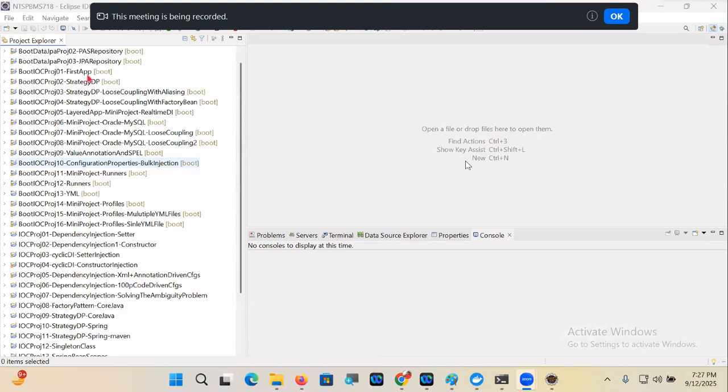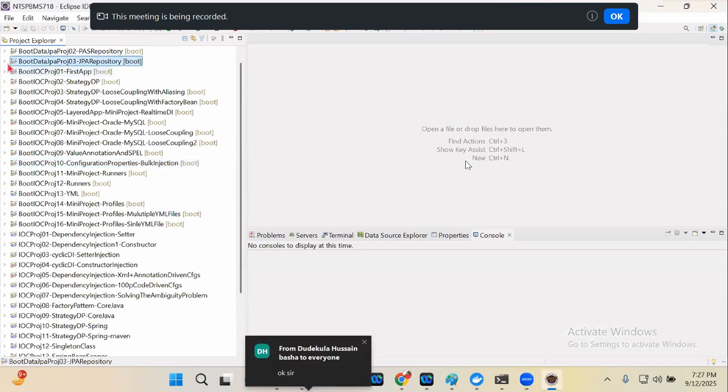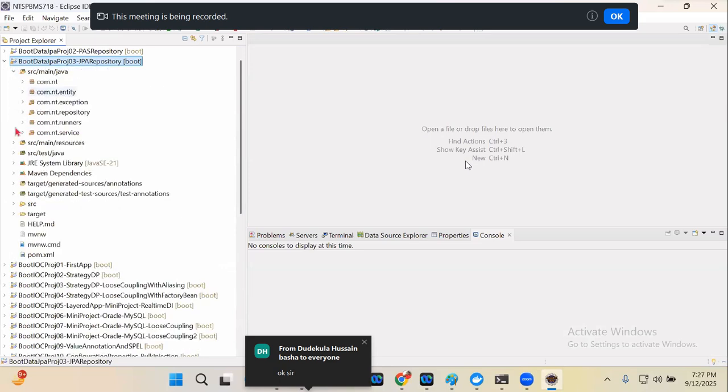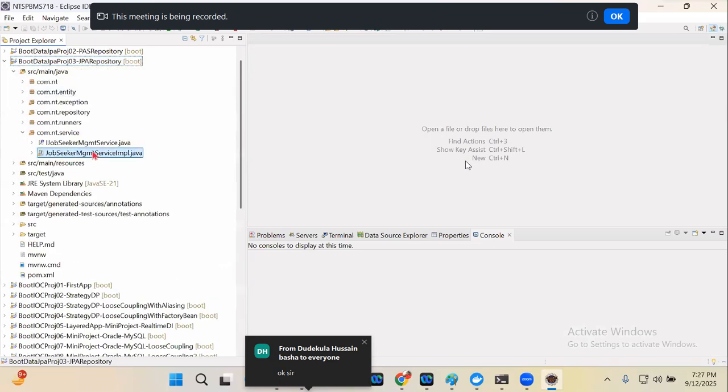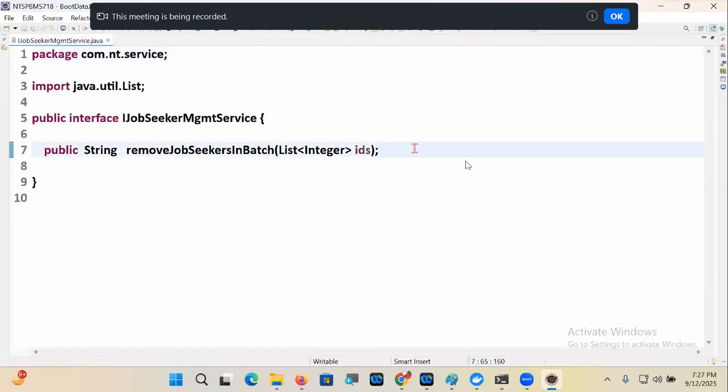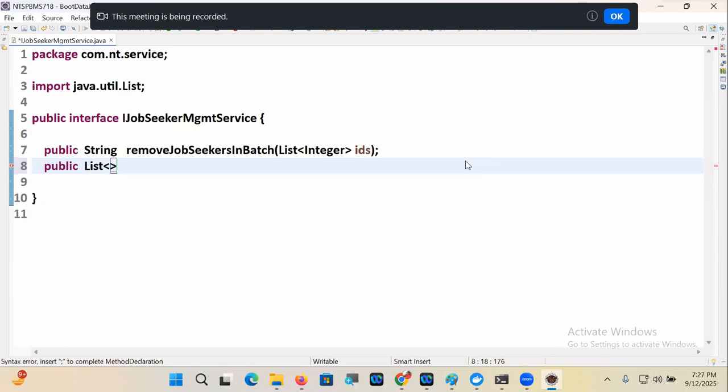Yeah. So we have the JPA repository here. Let's come to service. Here is my service, the job seeker management service, guys. Public, followed by that, I want a list of job seekers. Search job seekers by